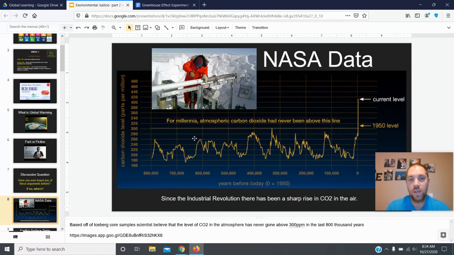Now you'll notice here that for all the years that they measured, it never goes above this line until they get to recent history. In the 1950s, the level of carbon dioxide in the atmosphere went above a point that it has never gone above before, and it is currently rising, rising, and rising. Interesting. What has changed in all this time? Human beings. So it's very possible, and this is the connection they're trying to make, that this is the existence of human beings and the industrial age and burning fossil fuels. This is what's changed. Maybe that's the connection.